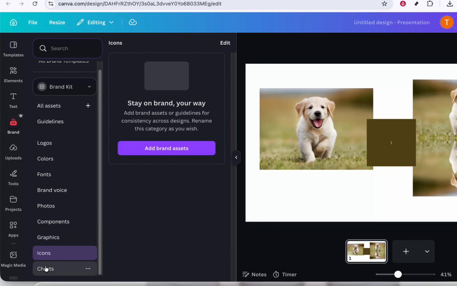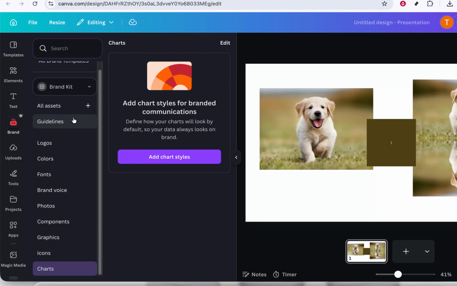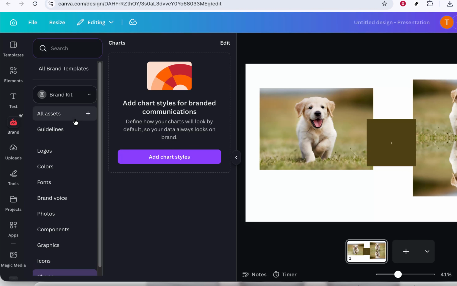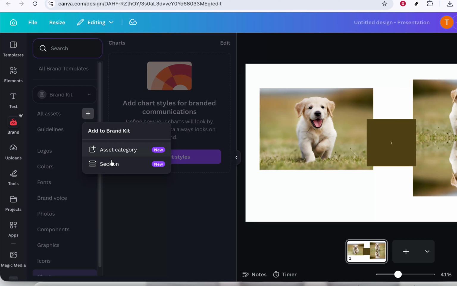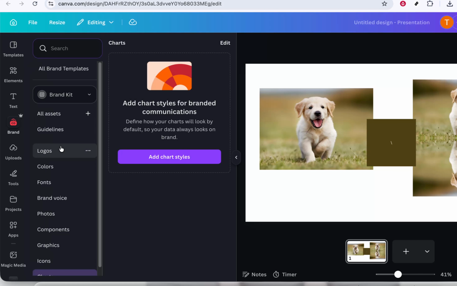Using the brand kit saves time, keeps everything looking professional, and ensures that every design feels like it belongs to the same brand. Once you've set it up, every new project becomes faster, easier, and